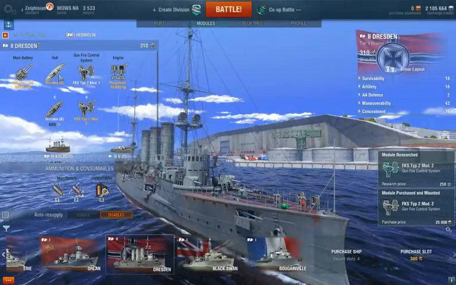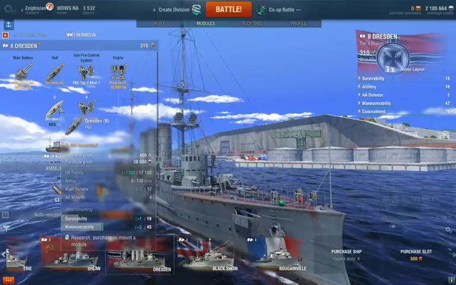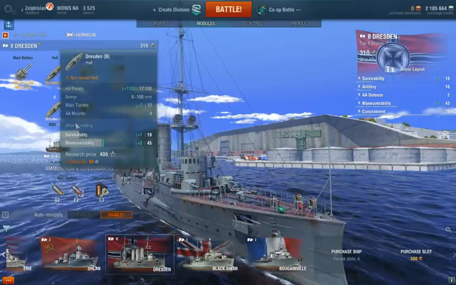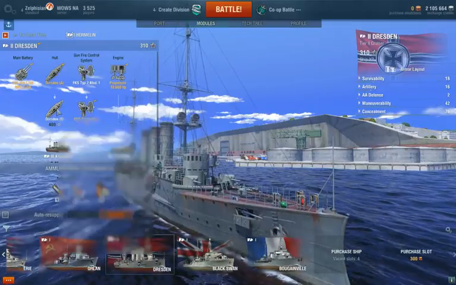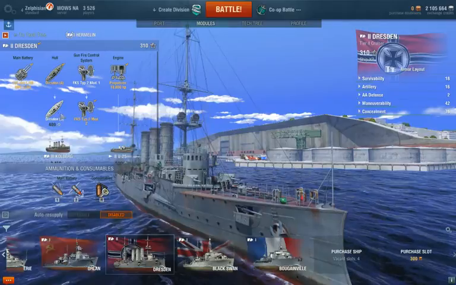Now, here we've already got the Dresden Hull A. Now, what is the Hull B? Survivability +1, maneuverability +3. I could definitely go for that, in fact. Not researched. I would like to, though. Oh, it takes 400. Okay. I could have done that or that. I should have done it